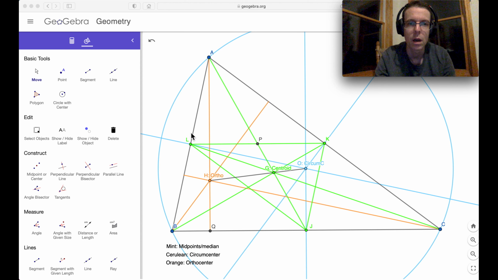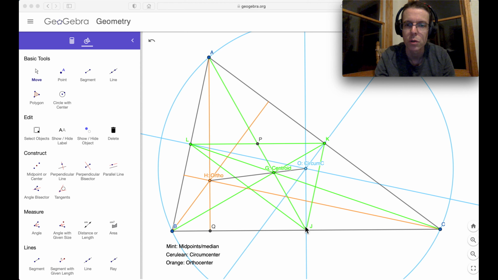Now, what we haven't dug into quite yet in relation to this figure is how these various centers relate to the medial triangle itself. And that's kind of an interesting story. So I want to point out some of these features first. First of all, the blue. The blue lines are the perpendicular bisectors of the original triangle ABC, but in relation to the green triangle or